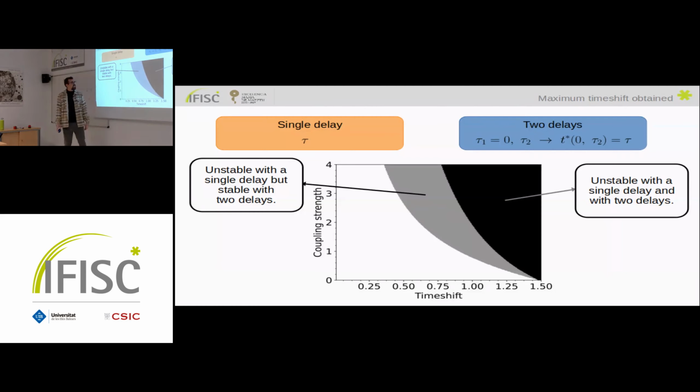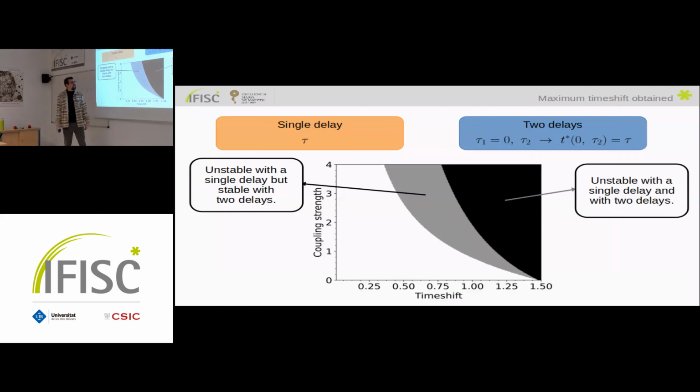And then, of course, at some point, if we increase the time too much, we arrive at the black area in which both of the solutions will be unstable, so we will not have anticipated synchronization. So this is an advantage of using this for the linear system, of course. But let me just move back to the real world. Let's see what happens with some chaotic systems.